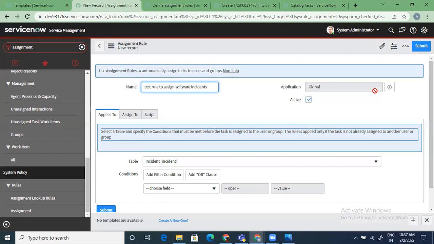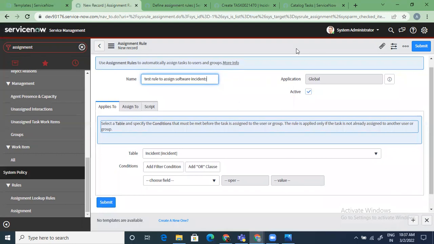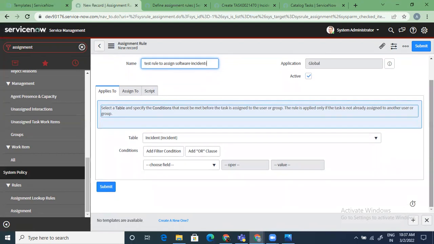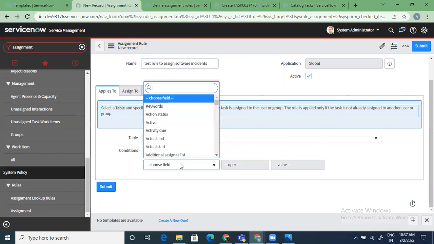Okay. So see the option. First of all, application is global, which means it will be applicable for everything. We are doing it for task level, right? Which means it asks you which table you want to assign it to. So you can see I am selecting table as incident right now, and I'm saying how do